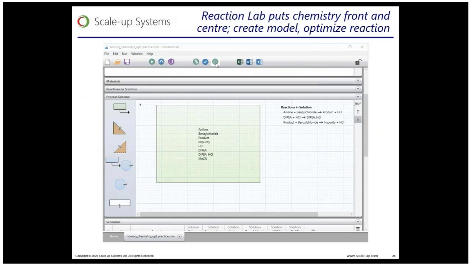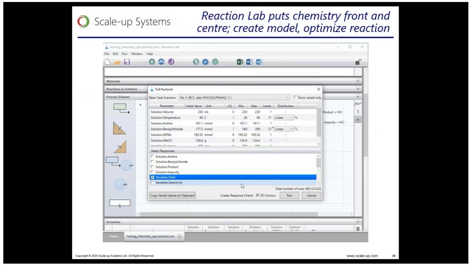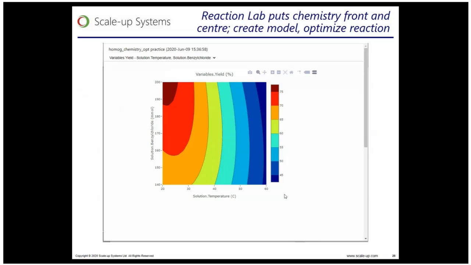And what I'm going to show you here is an example of a full factorial design. In this case, this is a reaction of aniline and benzyl chloride. This shows how you set up a full factorial design with a range of temperatures and a range of starting quantities of benzyl chloride. And in this case, we've got 21 levels of each, which would require 462 experiments. We're going to look at how that impacts the yield of the product. If we go up to the top left-hand corner, this is the highest yield. So this is showing we've got a high yield here, and the lowest yield at the higher temperatures,